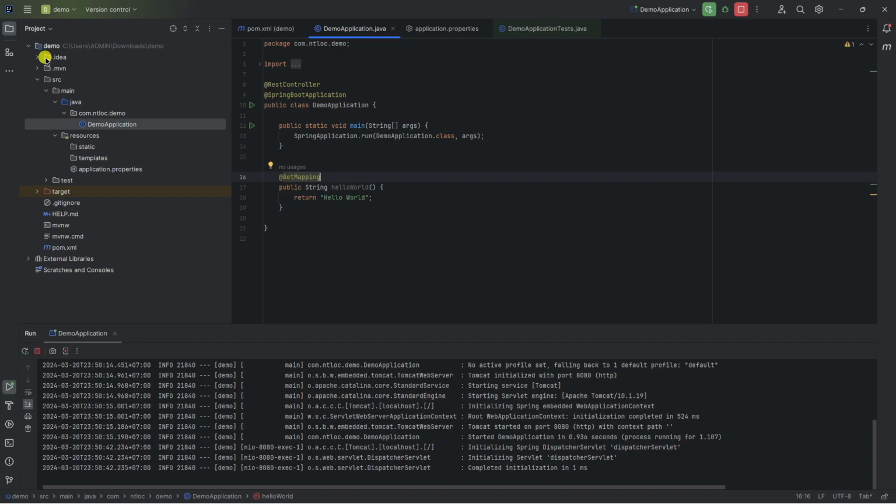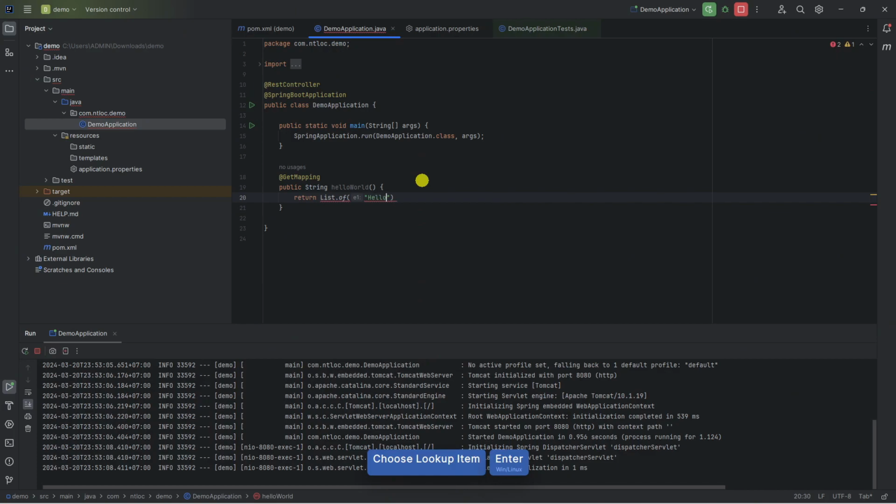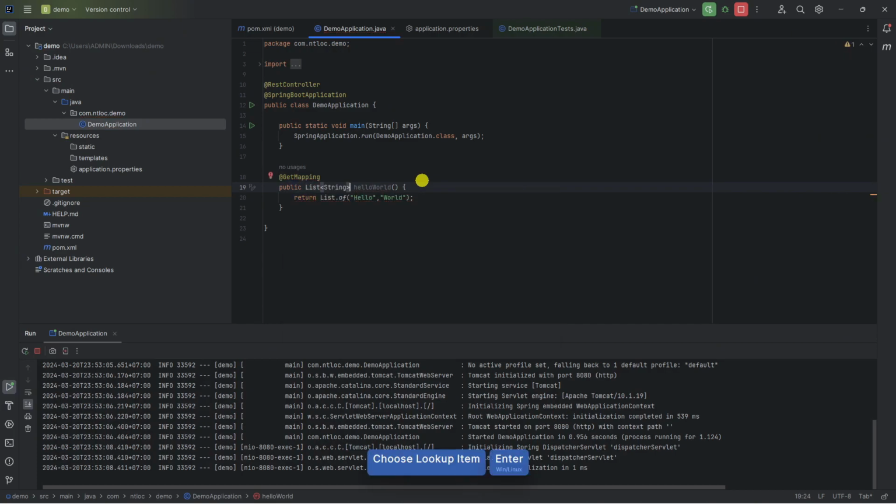Instead, I would like to receive a JSON body. Let's go back to IntelliJ, and in here I would like to modify this method. Let's type List.of hello world, and of course the return type must be List of String in here, and start again.